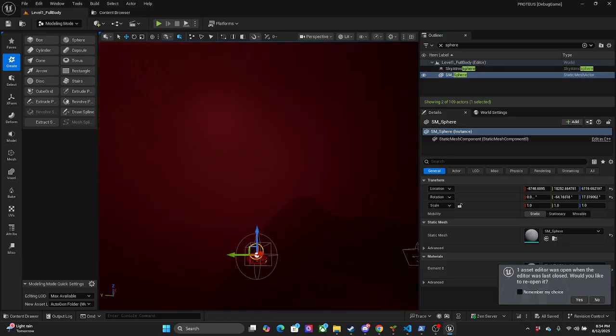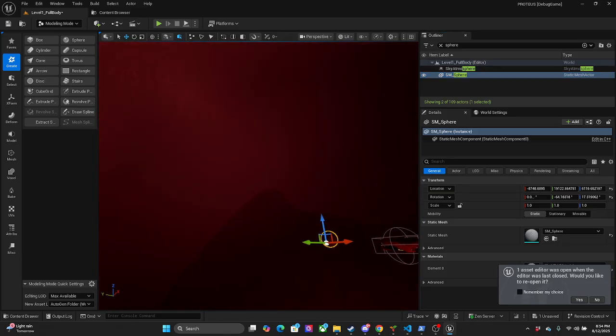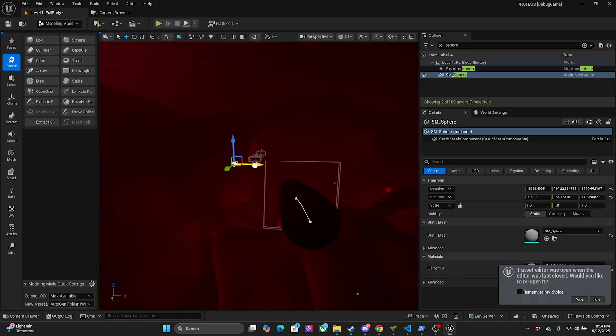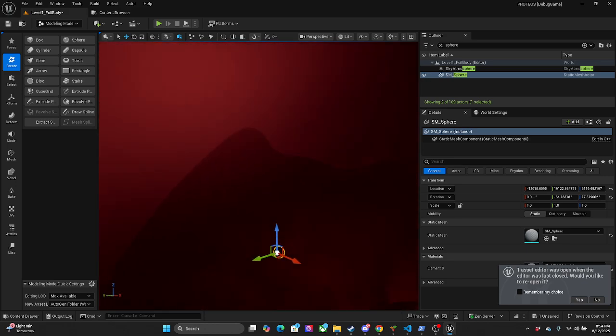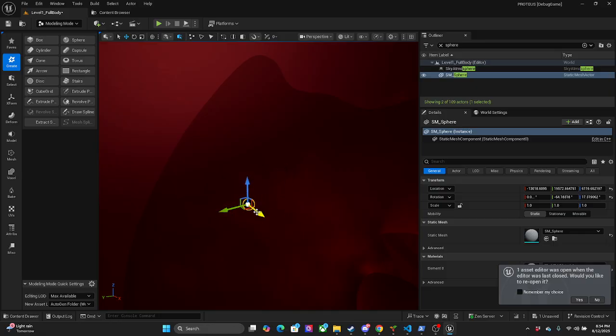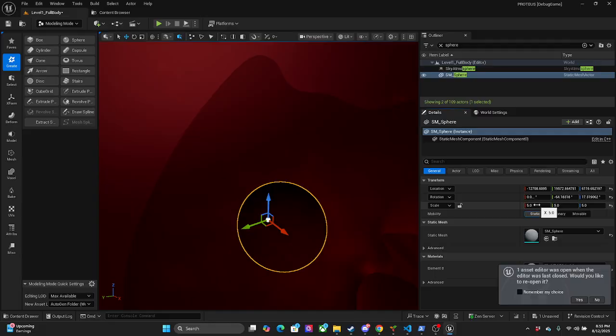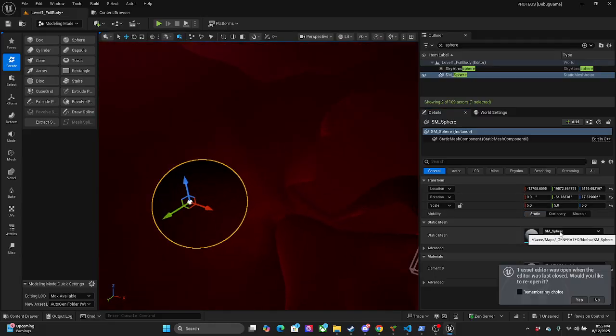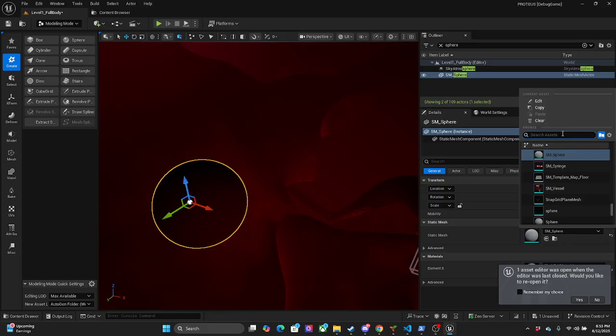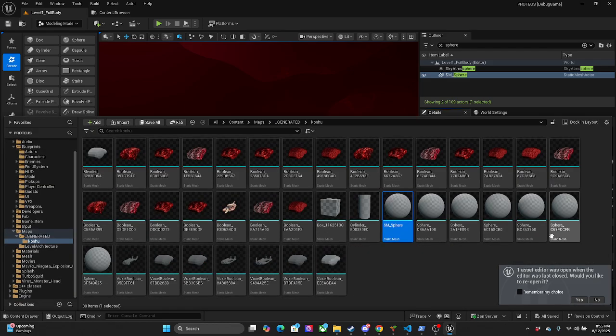F key. I don't want it right on top of it, but we want everything over here so we can test in this area. And scale, we're gonna make it bigger. 10. Let's see if that goes here.